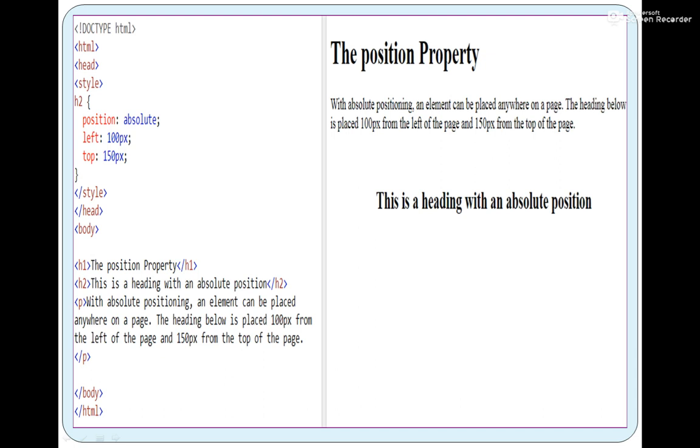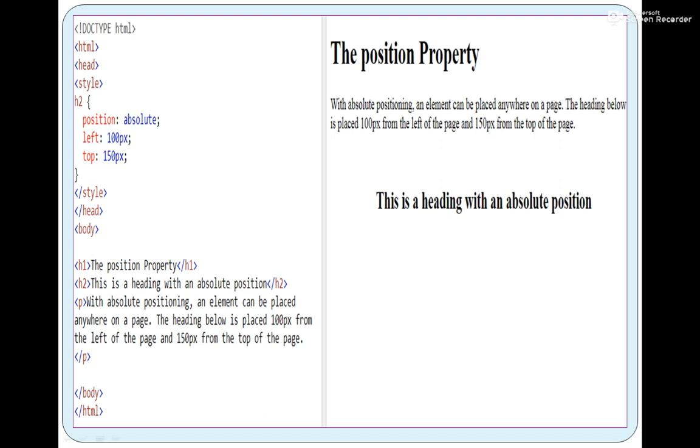So understood that in the absolute type of property, the element is not placed according to the flow of program, but it will be placed according to the values given in its left, right, top and bottom properties.